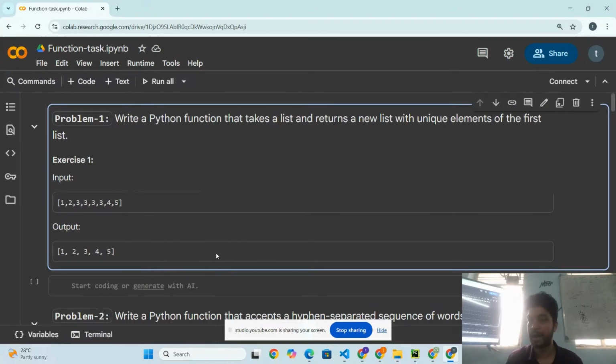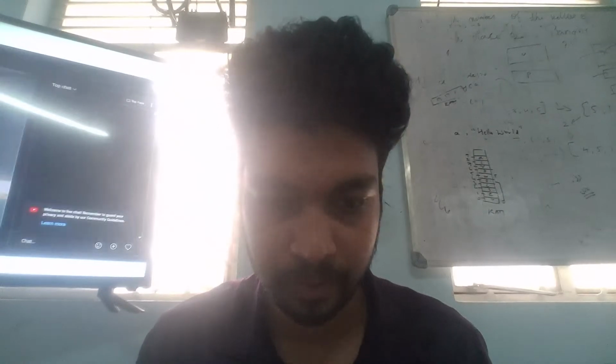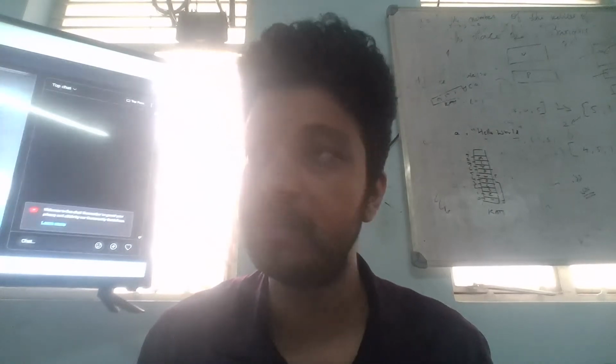Because tomorrow we will use lambda functions in Flask also, in Django lambda functions are used, and in data analytics also lambda functions are used. Okay, then I'll wind up. I'll give you time. First, go through the class. If you have anything, you can let me know. Questions I'll share. First, go through the